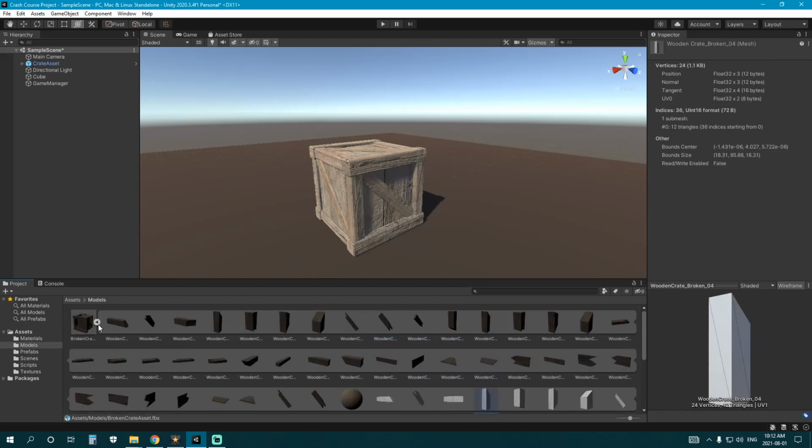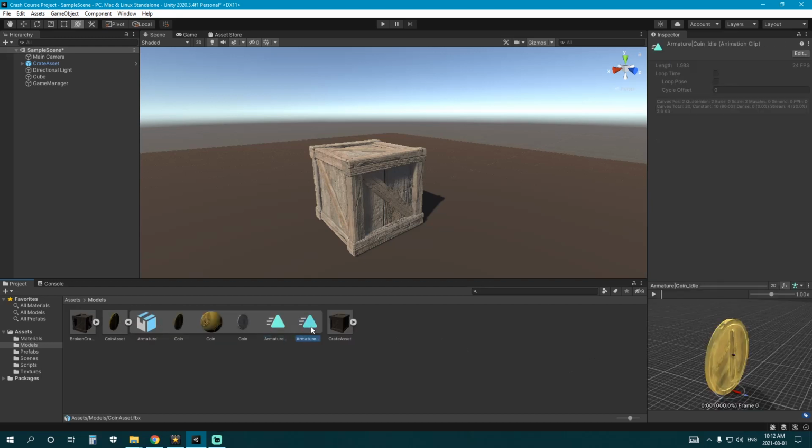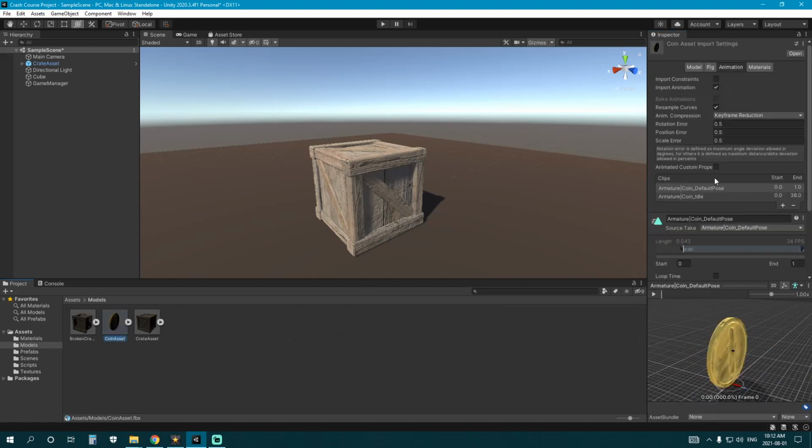So we go and close that, go into our create asset. Here's our LODs, and it shows how many triangles we're working with on each LOD as well. So that's great. If we click our coin, we'll see our animations right here. If we click play, it'll play that animation. Cool. So you click your asset here, and you'll get a list of animations as long as you click this